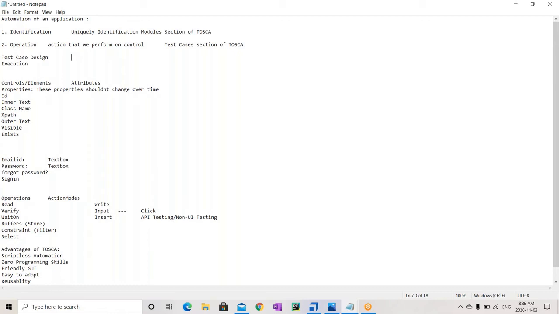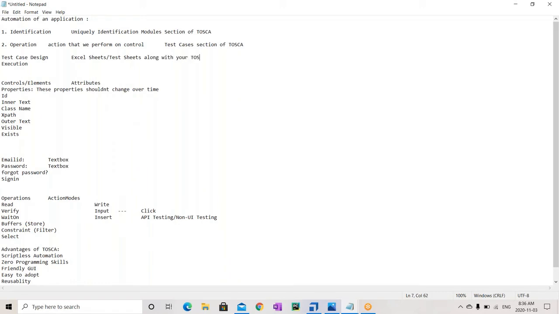So in Selenium, usually they prefer using Excel sheets. Whatever value they want to select, they will pass it through Excel sheets. In a similar way, Tosca also supports Excel sheets, or what they call test sheets. This comes along with your Tosca tool in your test case design section.